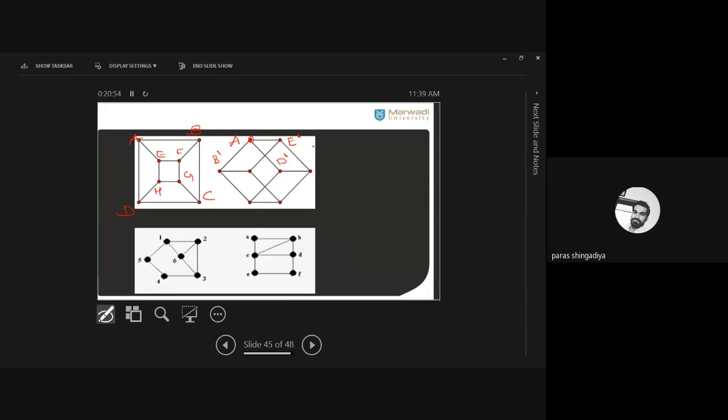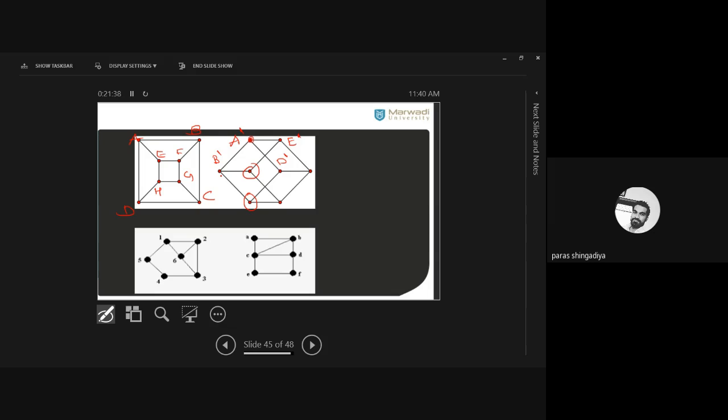Which two connections are remaining from B dash? A dash is already created here. Okay. Now this vertex and this vertex are adjacent with B dash. Okay. And those will be the images of C dash and F dash. So which place will be the image of C dash and which place will be the image of F dash? Upper or lower? Which place will be the place of C dash? There are two connections that you consider as images of C and F.